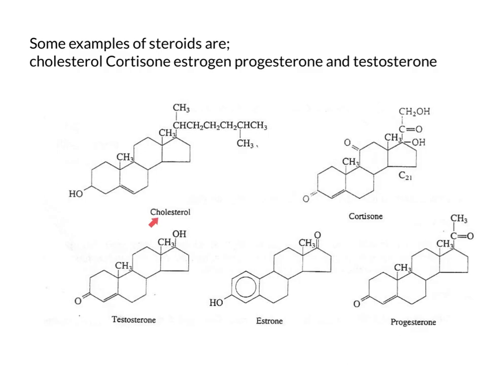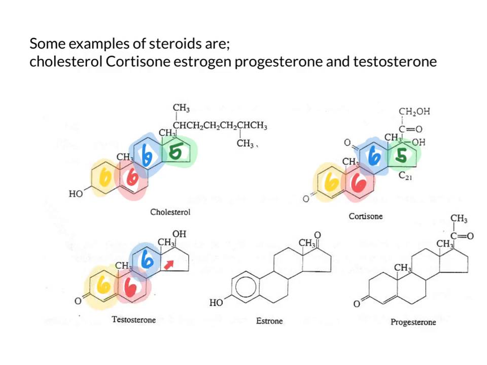In cholesterol, here we see our 6, 6, up for 6, and 5 structure. In cortisone, we see our 6, 6, up for 6, and 5 structure. And then on testosterone, we see a 6, 6, up for 6, 5 for our steroid nucleus. Estrone looks a little bit different, but still we see a 6-carbon ring, another 6, up for 6, and 5 at the end. And for progesterone again, a 6, 6, up for 6, 5-membered ring, indicating that this is a